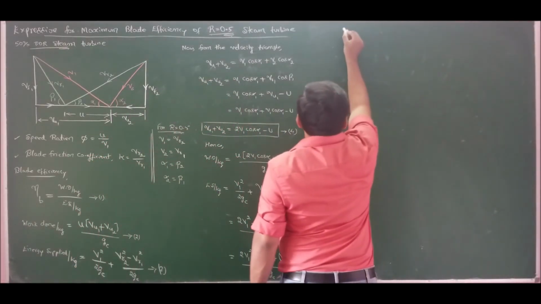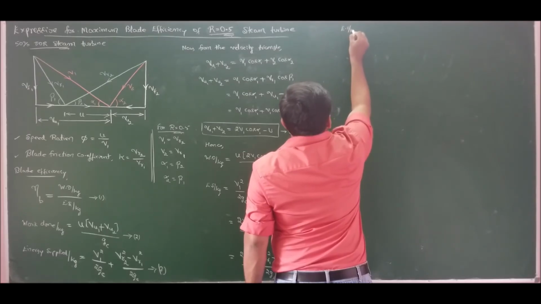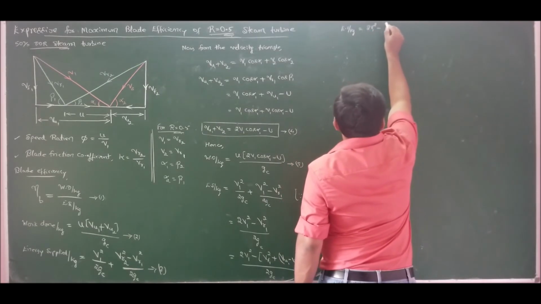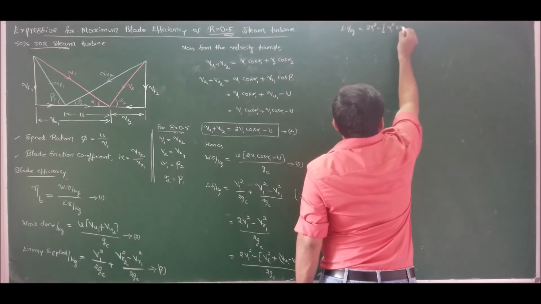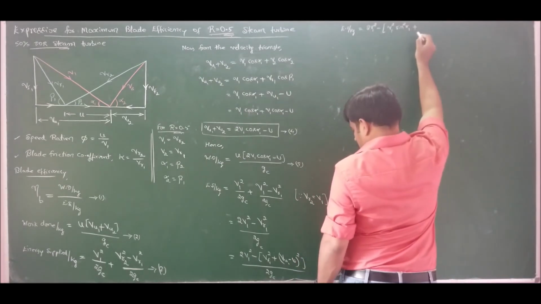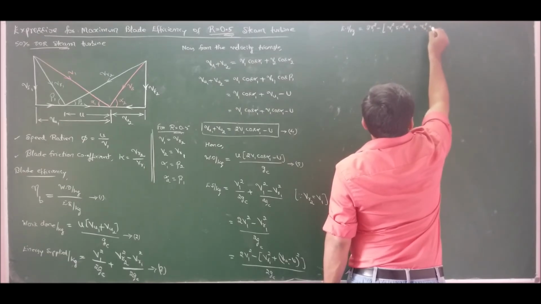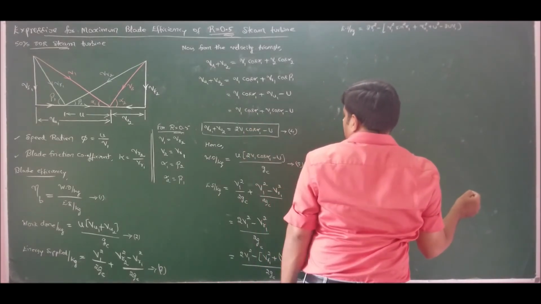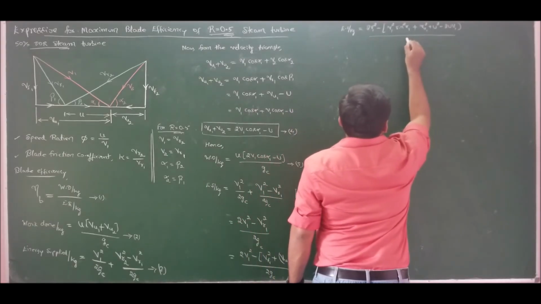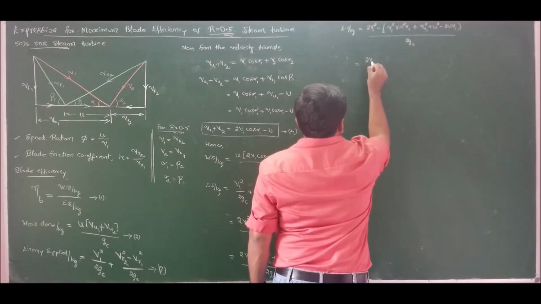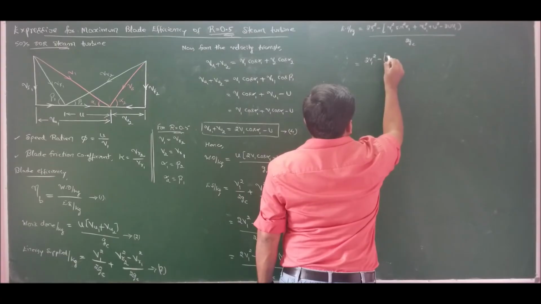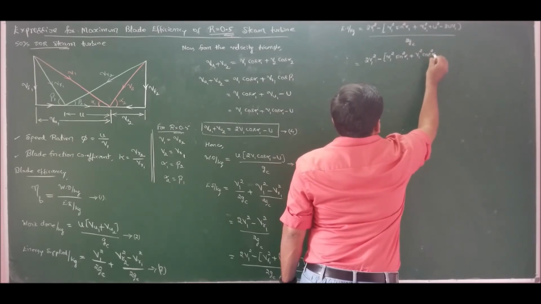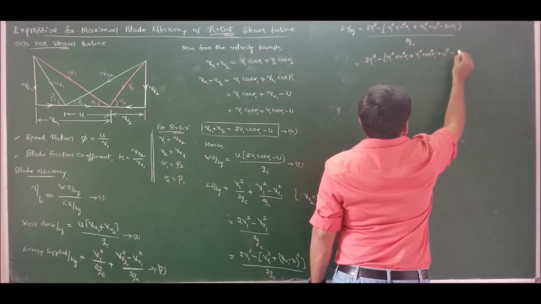So further simplifying, I will get energy supplied per kg as (2v1 square minus vf1 square). vf1 is v1 sin alpha 1, plus (vu1 minus u) whole square, that is a square plus b square minus 2ab, divided by 2gc, which is equal to 2v1 square minus v1 square sin square alpha 1 plus v1 square cos square alpha 1 plus u square minus 2u vu1.